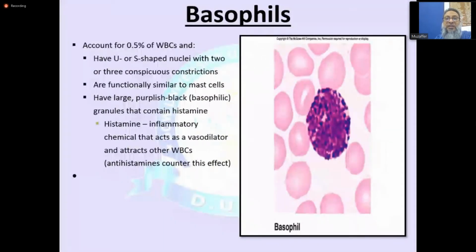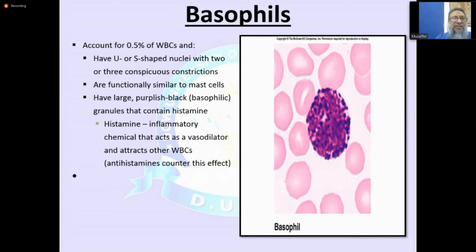So just remember, what is the normal count of eosinophils? It ranges about 1 to 4%. You can estimate that. Then there is the basophil. They are less than 1%, about 0.5% of the WBC count. A very small number of basophils, and they again have a bilobed nucleus, but their shape is either U shape or S shape, and they are